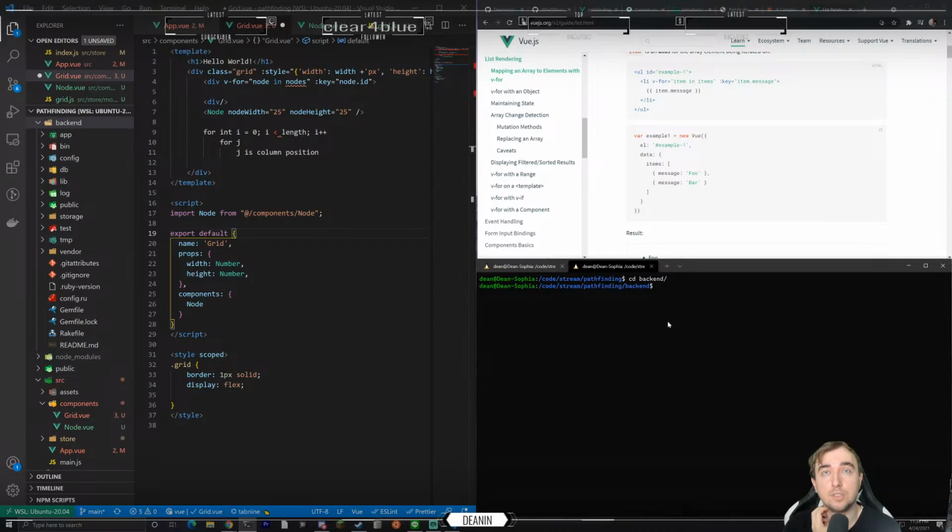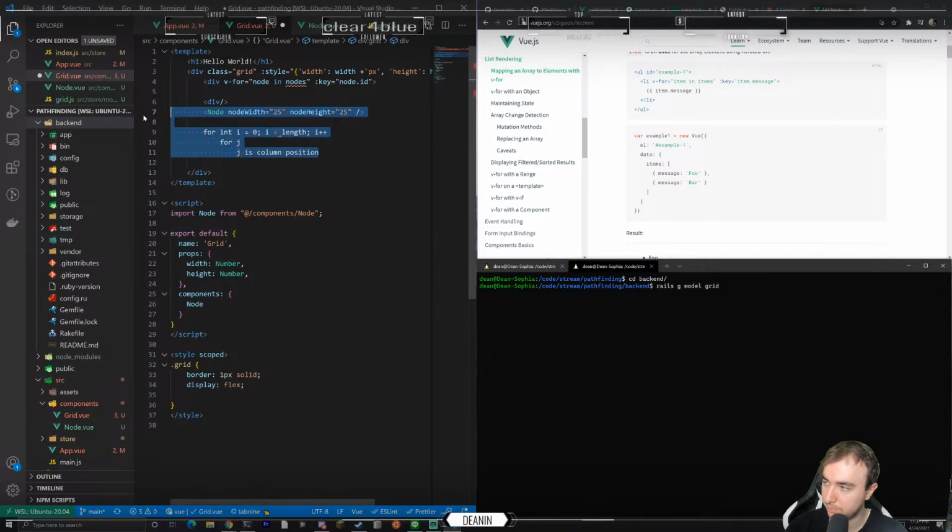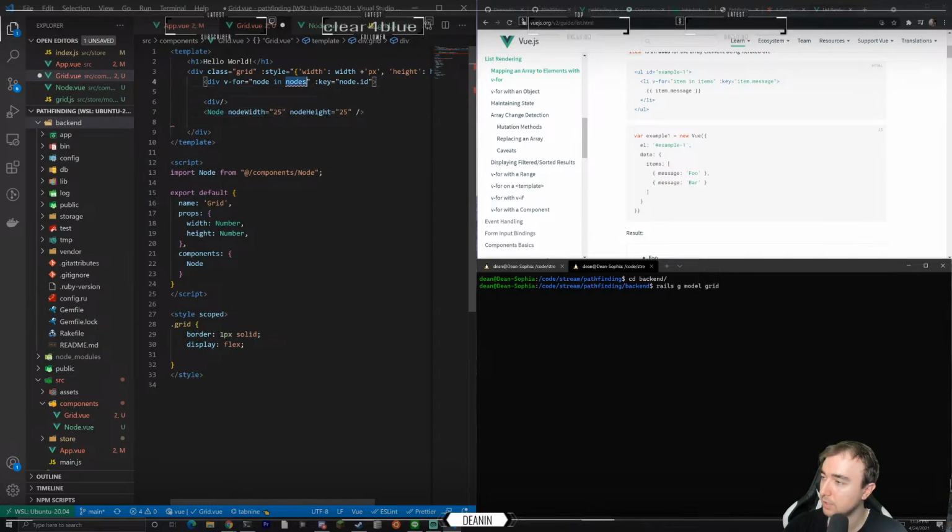Node has, well, you wouldn't want to save the width and the height because the window is going to change each time. So what we could do is we could say Rails g model. You would give a grid a list of nodes. You probably just read it left to right, top to bottom, something like that. Each node would have an ID. Okay, so let's see. For node in nodes, we don't have nodes yet. We do this, and then in here,